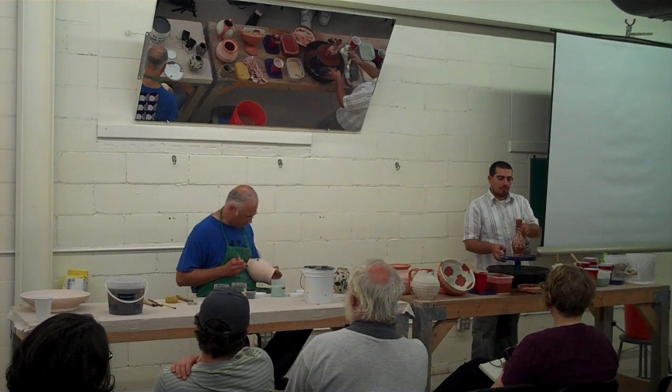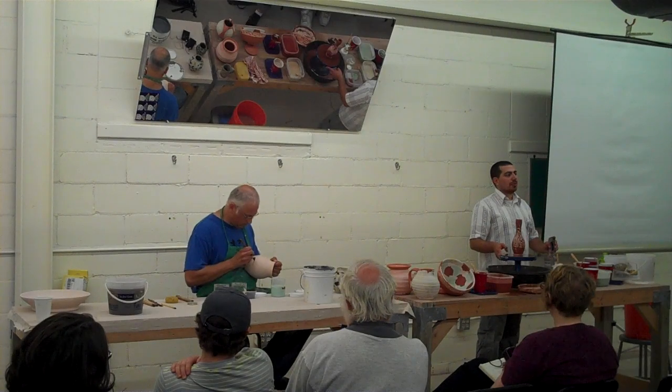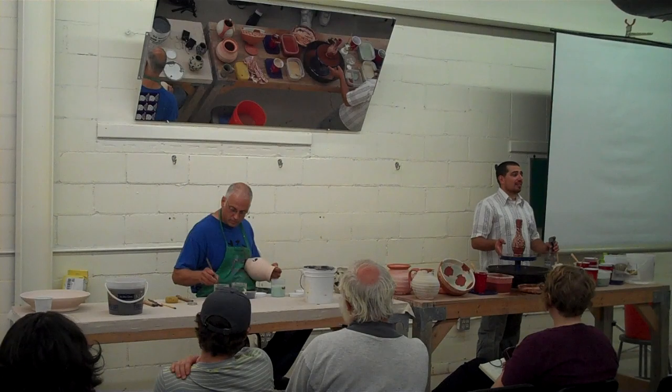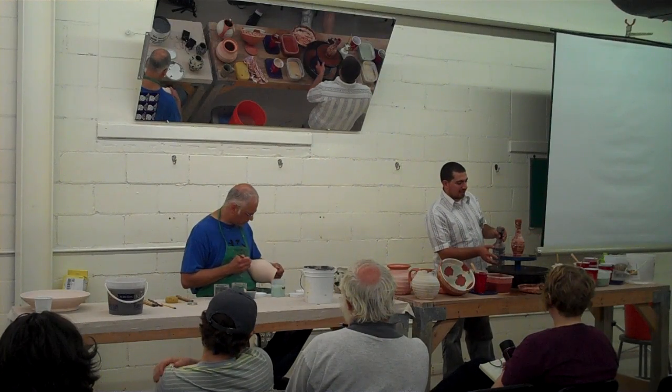Yep. And this is where deciding what mood the pot is going to have ends up being: how much black do I take off? How much of it is space and how much of it is this sort of